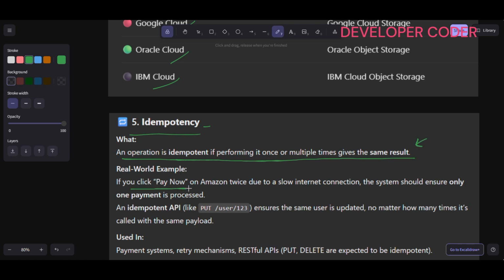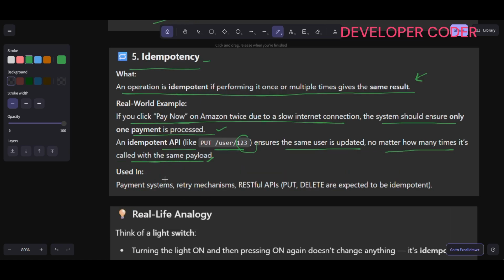So if you click pay now on Amazon twice due to slow internet connection, the system should ensure only one payment is processed. Okay, so that's why it is very important, right? So an idempotent API like PUT /user/123 ensures that the same user is updated no matter how many times it's called with the same payload. All right, so it is used in payment systems, retry mechanisms, RESTful APIs. PUT, DELETE are expected to be idempotent,